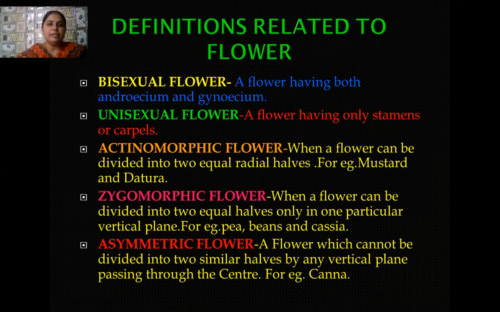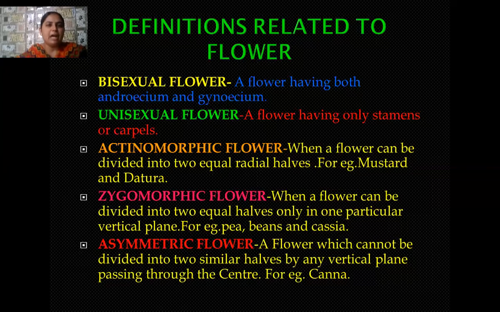Okay, students, here I want to discuss some definitions which generally come under this topic. Number one, bisexual flower. As the name itself indicates, a bisexual flower means a flower which contains both types of sex organs, male sex organ and female sex organ. That means androecium as well as gynoecium. Earlier, instead of the term androecium, we generally used the term stamen. And in the case of gynoecium, we used the term pistil or carpel in 10th standard. Now you well remember, androecium is the male reproductive organ and gynoecium is the female reproductive organ.